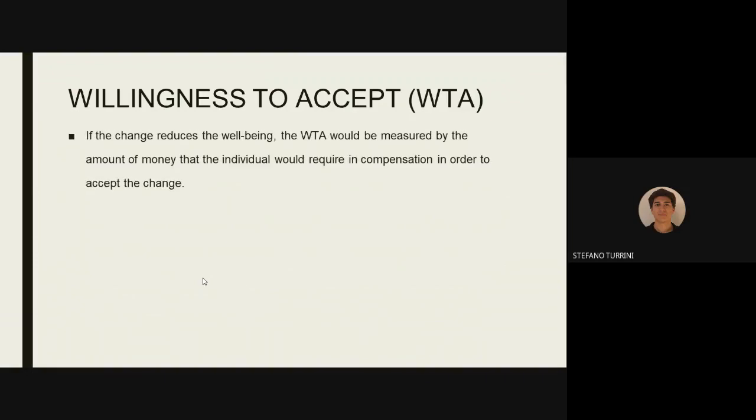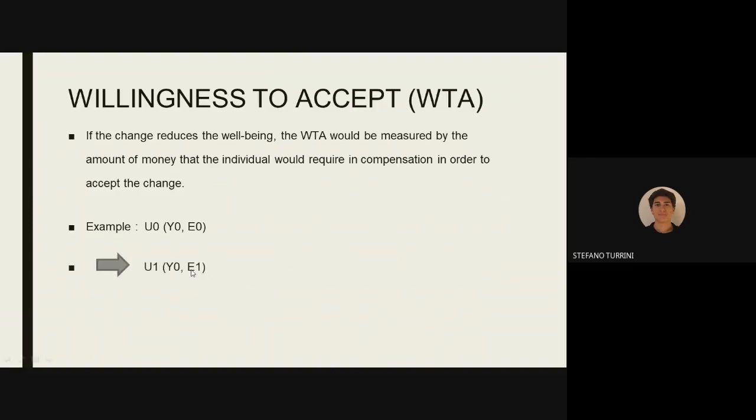If the change reduces well-being, the willingness to accept would be measured by the amount of money that the individual would require in compensation in order to accept the change. Here, let's make another example. Here we have the same utility function u0, but here we have